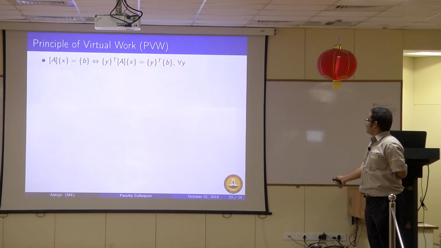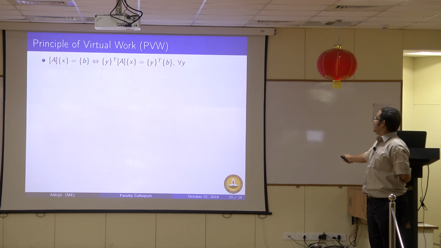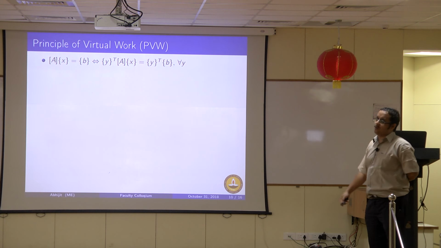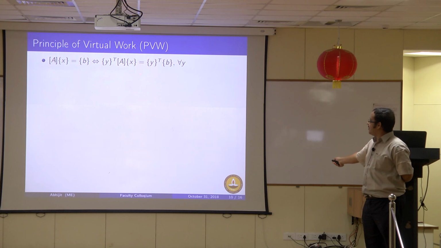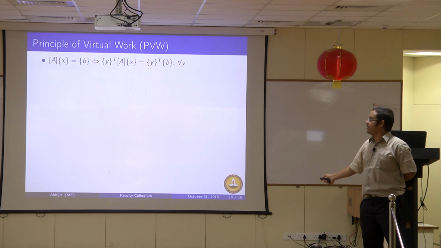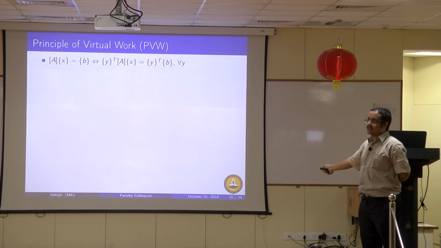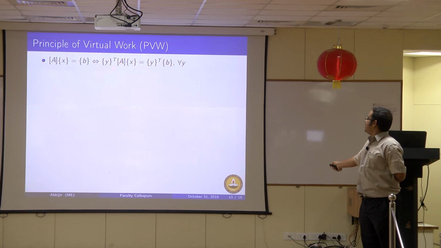So the way I like to understand this is as follows: if you have any equation Ax equals b, and you want to solve this equation, then instead of solving this equation, you can multiply with y transpose, where y is an arbitrary vector. So y transpose Ax must equal y transpose b. So these are effectively the same mathematical statement. For any x which satisfies Ax equals b, alternately you can say that for all y, y transpose Ax must equal y transpose b. We do exactly the same sort of thing here.